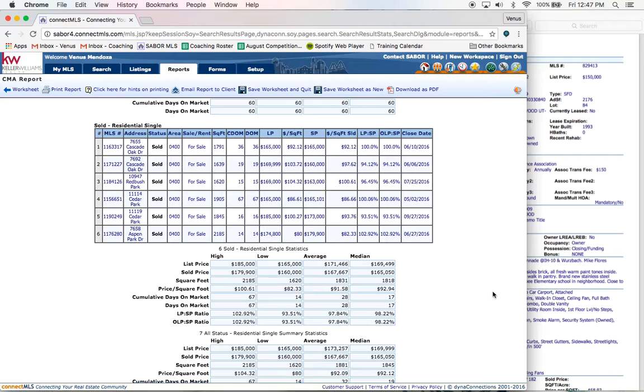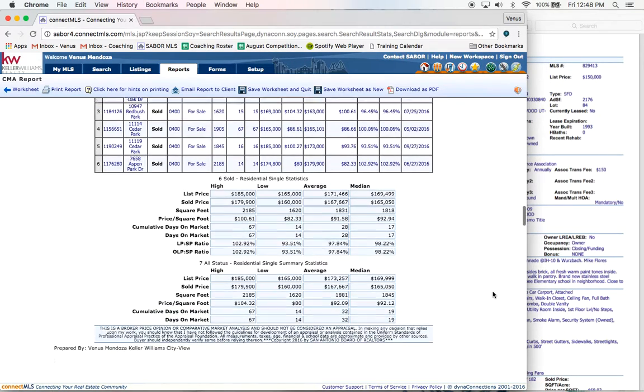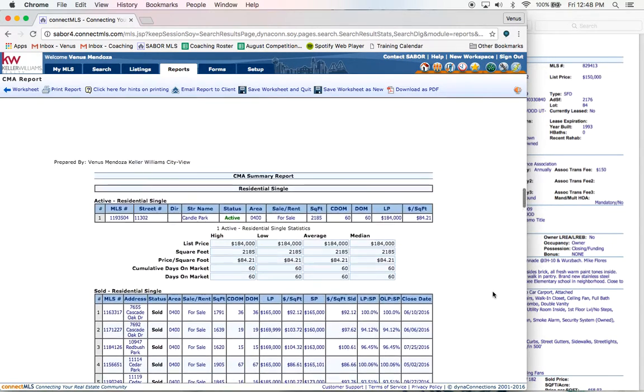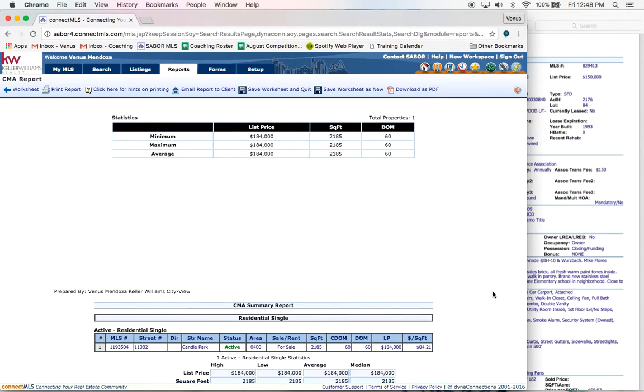I want to know the sold data ranges, high, low, median, and average for things like list price, sold price, and price per square foot. And days on market, I think, is also important to review with your clients so they have a realistic expectation of the market. Okay? So in order to get this to your client, you can print it to your printer,